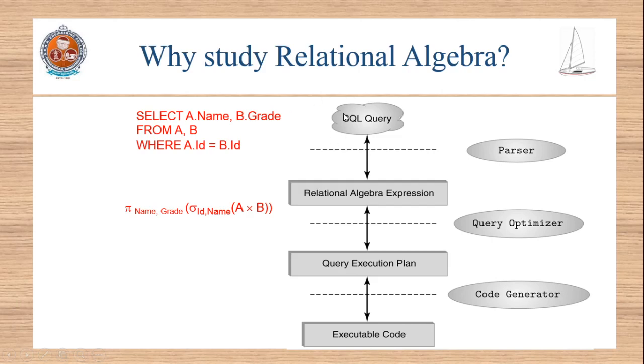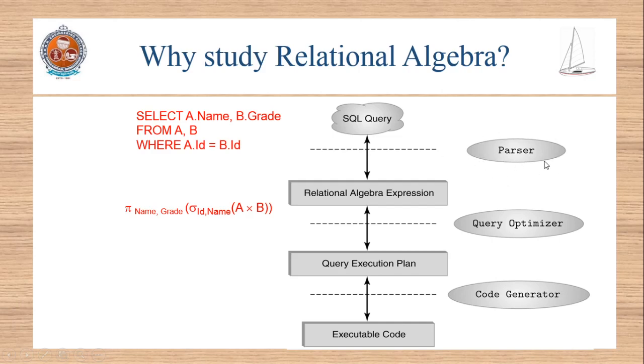When this query has been given, it will first be given to the first component of the DBMS, that is the query execution engine. So what is the query execution engine going to do? It is first going to give it to the parser. What is the parser's task? It is going to check for the correctness of the instruction or the command. As I have already said, whether the names of the commands are given properly, whether the condition has been given properly, that is, whether the where clause has been given in the proper way or not. All these things will be parsed in the first phase, that is, the parser is going to check it.